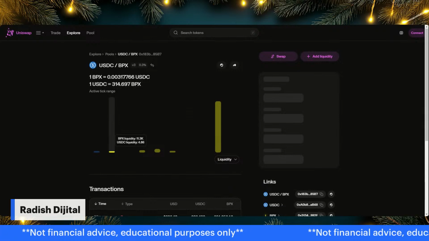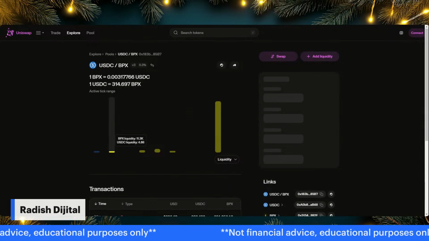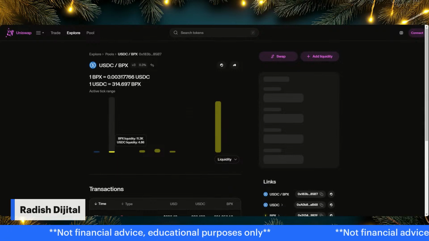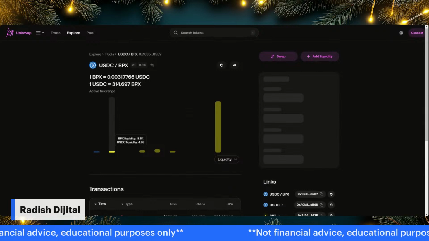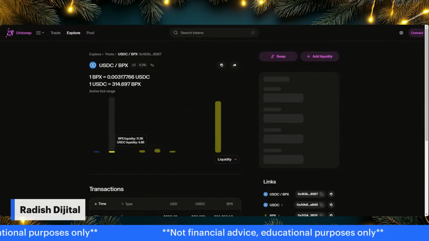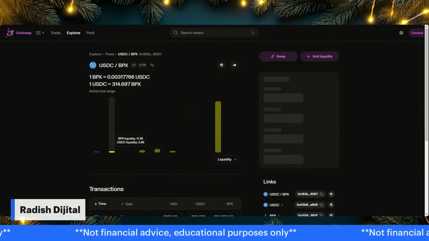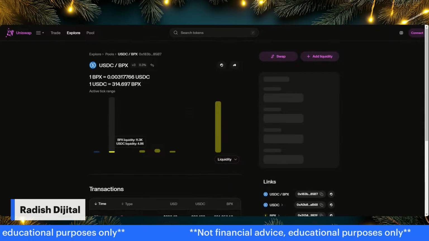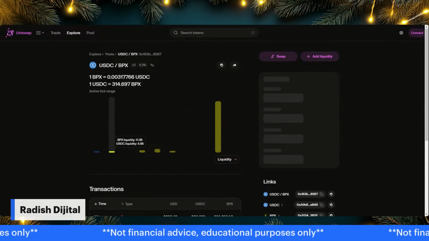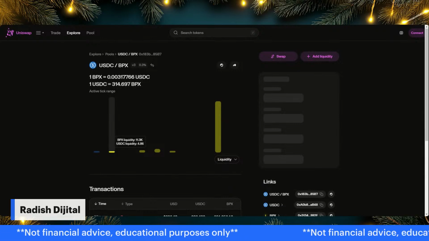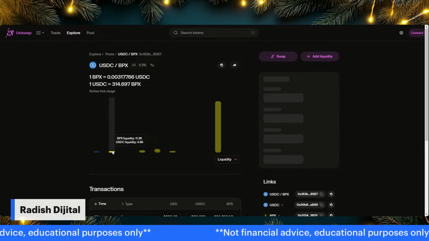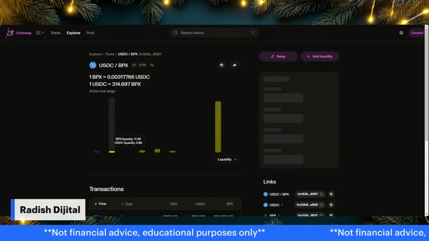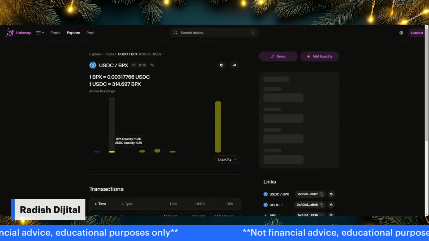It looks like, and I don't see indicators on the side to show how high it is, but if you see that second one, the yellow one that you're on right now, 1 BPX equals 0.00317776. There looks like there is some liquidity. It looks very low on the chart, but there is some liquidity at that level. So I would assume that if you have it around that mark or lower, you would be providing it. Now, there's a big gap.